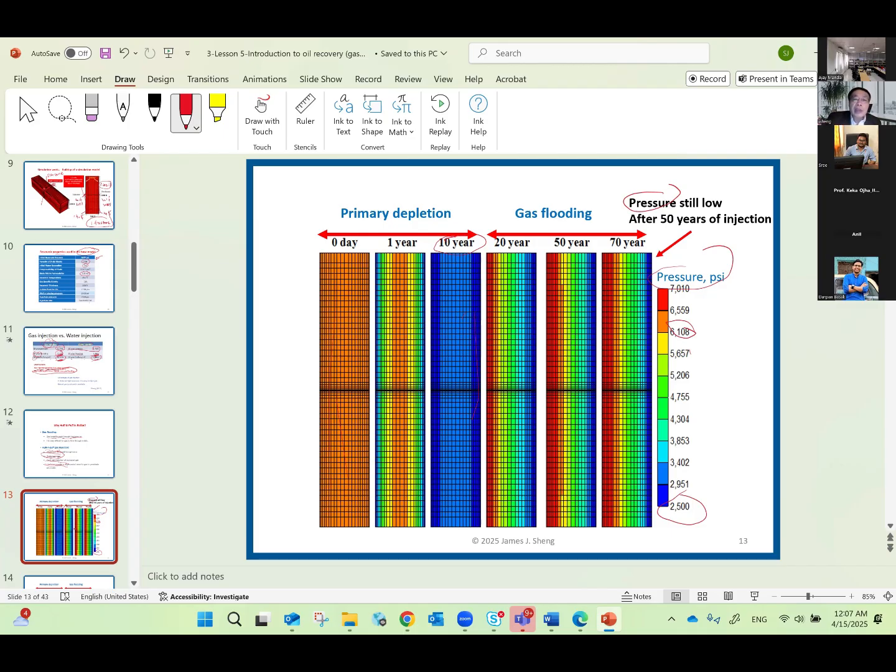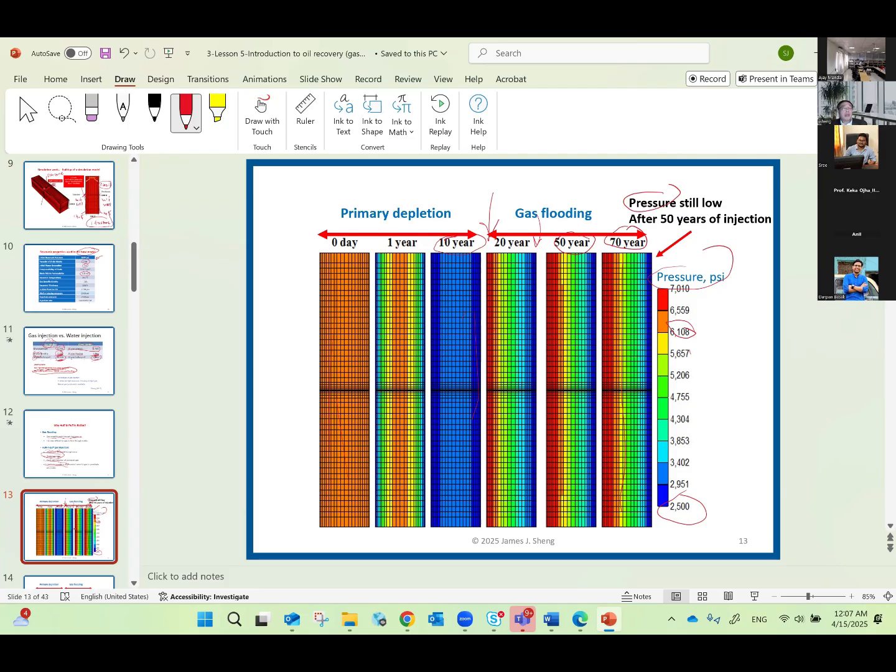Let's say gas flooding. You're starting to inject gas from the left. Now the left pressure increases. On the right-hand side, the production side, the production well, the reservoir pressure is low. Now after 50 years, even 70 years, what do you see? High pressure still has not reached the middle of